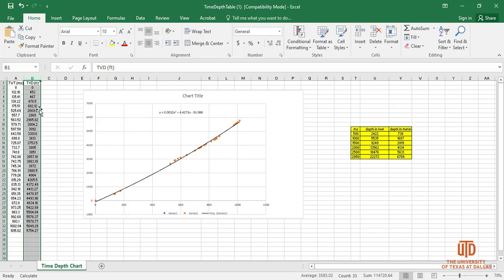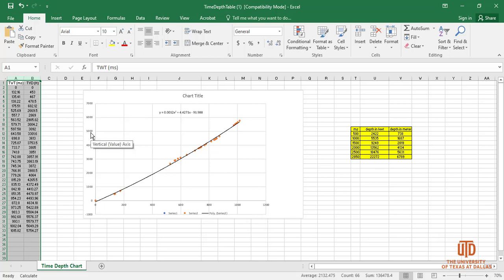So I know for these different depths how much time is needed for the wave to get to that depth and bounce back to the Earth's surface, right? I don't want to get into the details, but this is called the TD chart, and what you can do, you can plot it in an XY